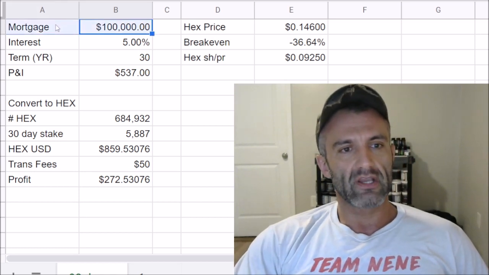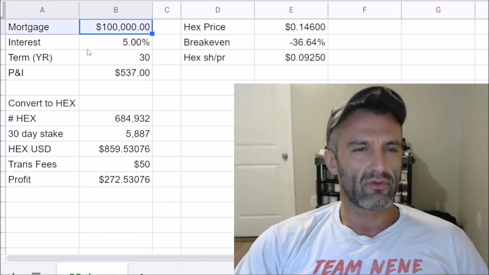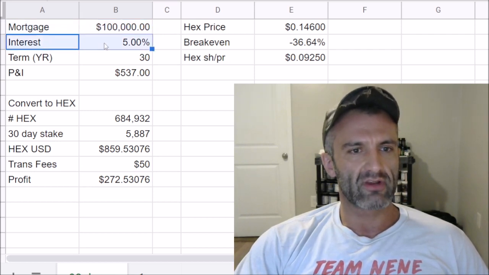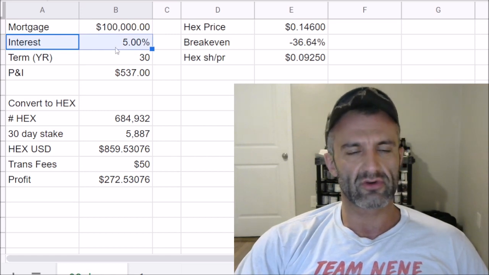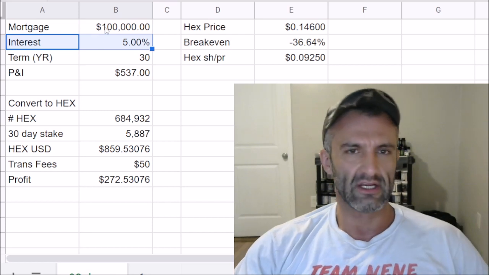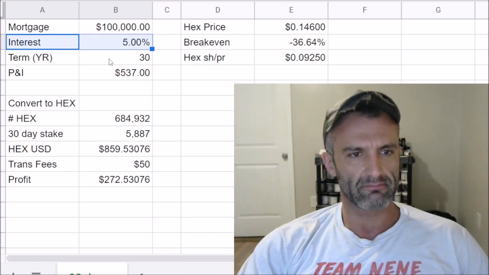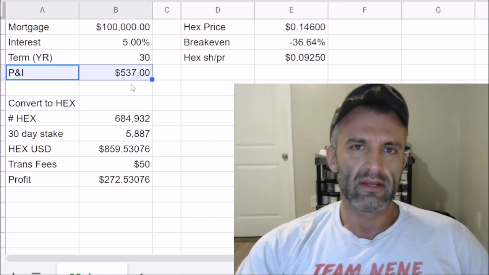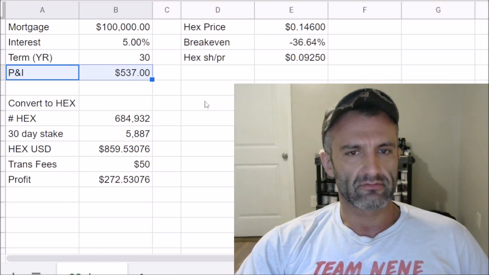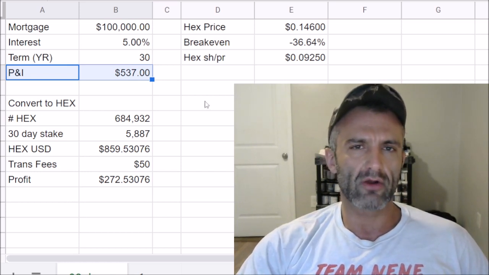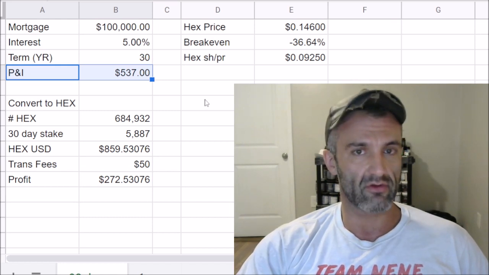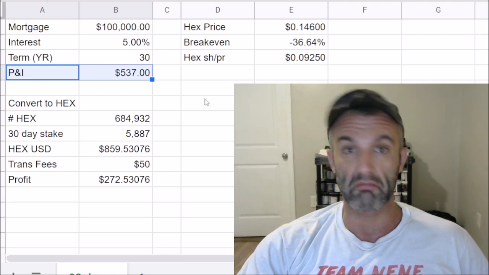So say I can get about $100,000. I think it's going to be a little north of this, in terms of equity pulled out of the property. Interest rate 5%, so this is conservative. The interest rate currently on a 30-year fixed, I should be able to get substantially less than 5%, but just for illustration purposes, we'll say it's 5%. A 30-year term, P&I, principal and interest, is going to be $537. Cool. So that means I can borrow $100,000 of other people's money and pay them back $537 a month, right? It seems like a pretty good deal.